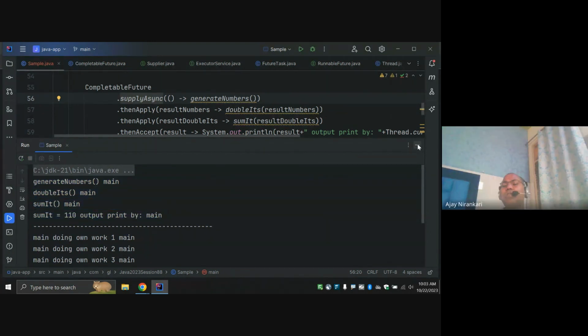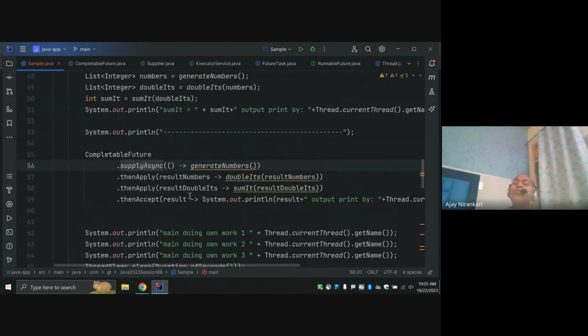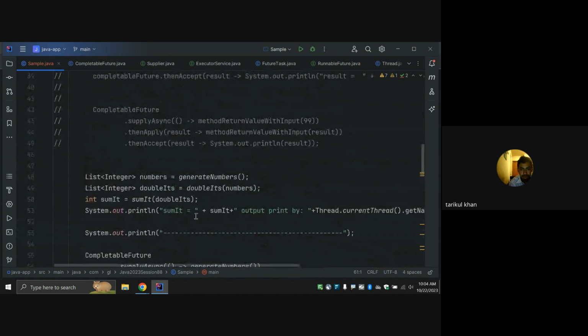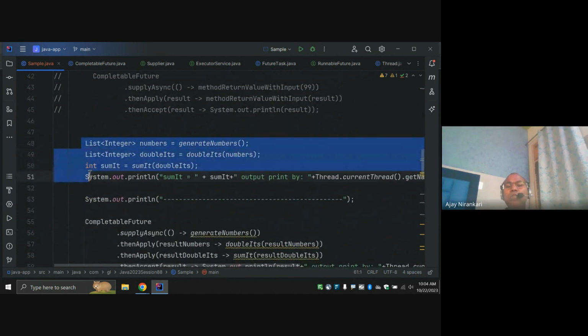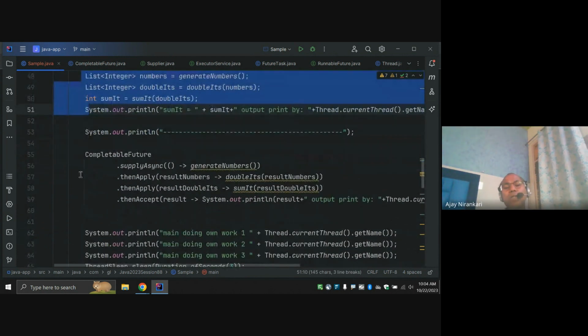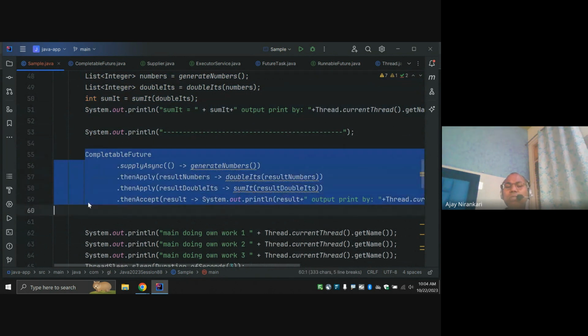So the thread pool internally generates the pool for you. The CompletableFuture feature also uses a thread pool by default, and they depend upon the available threads. They are requesting, hey thread, you can do your work. Whatever your output, I am going to start a new thread and pass your input to it. Once you are done, I request the new thread to do it, and the new thread does it. So the same sequential code, whatever is written, can be converted into multi-threading in a very simple way using